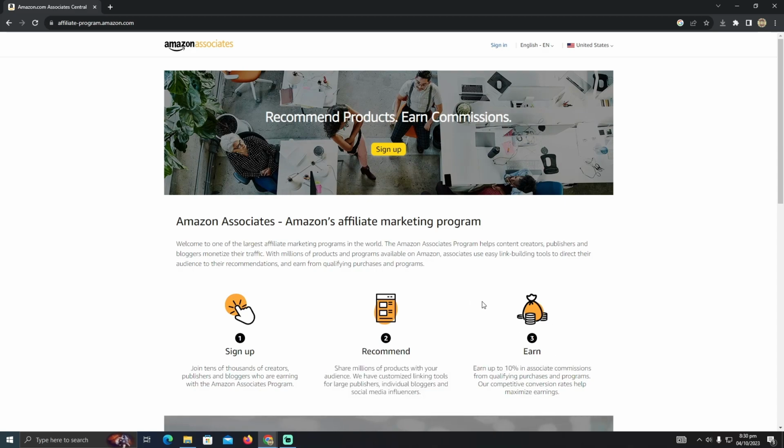Now, how can you specifically target the United States audience to buy the products? You need to create the content. So how can you create the content? You need to create the content in English, and you need to try to create content that is more